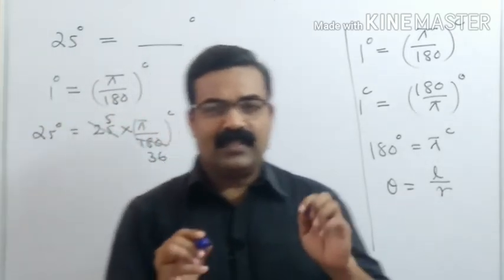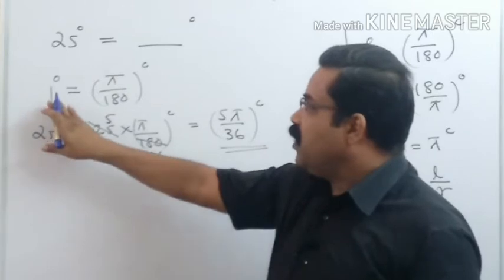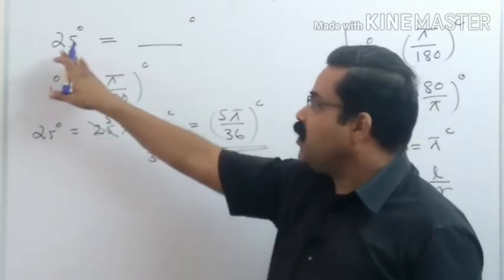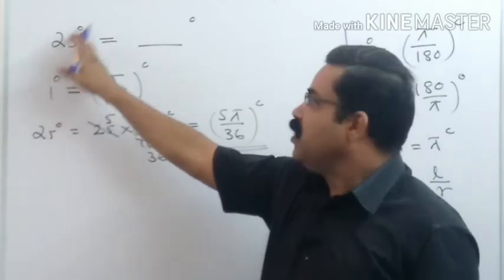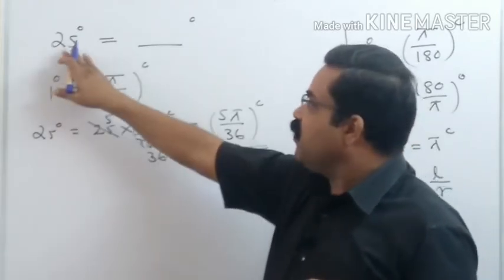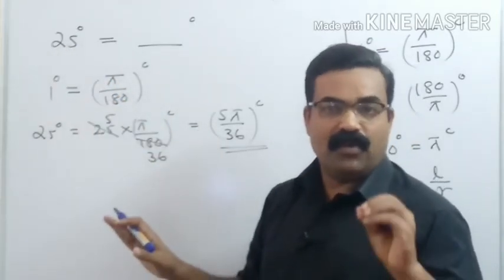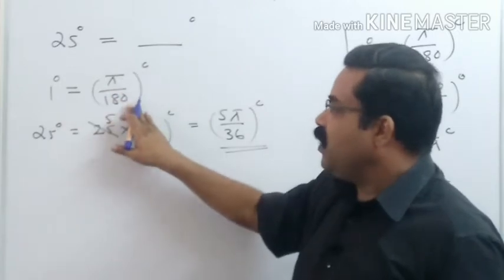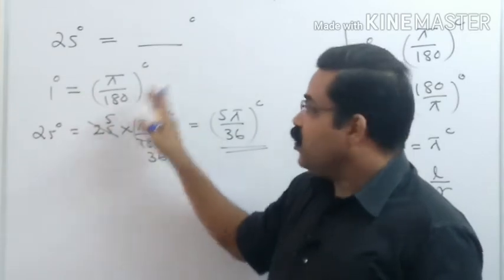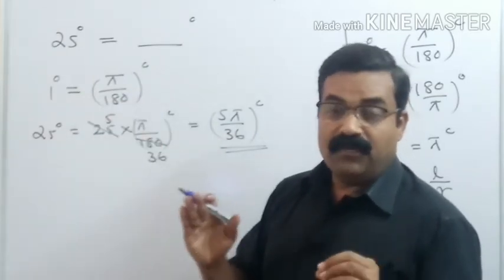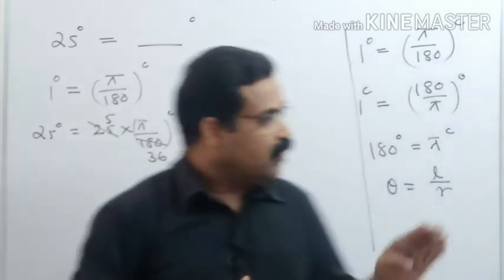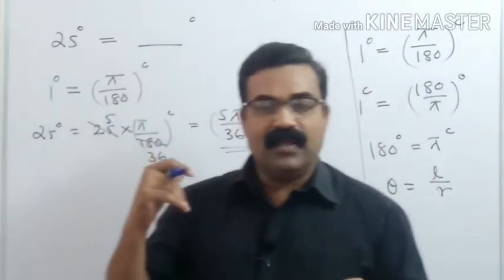Isn't it easy? It is very easy, students, how to convert degree measurement into radian measurement. Whatever degree measurement is given in the question, you have to multiply that by pi by 180 to get the answer. So to convert degree into radian, you multiply by pi by 180. To convert radian into degree, we have to multiply by 180 by pi, which we have already studied. So kindly note it, then we'll go to the next question.